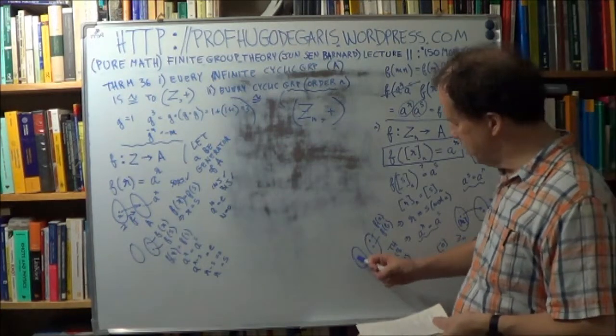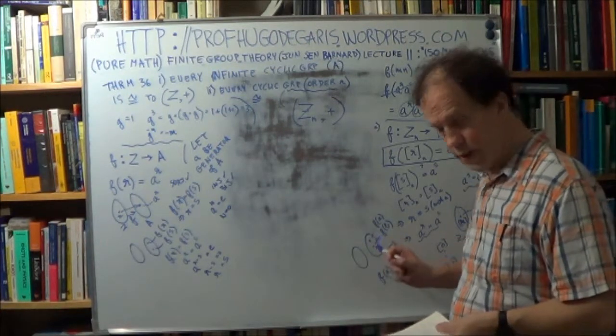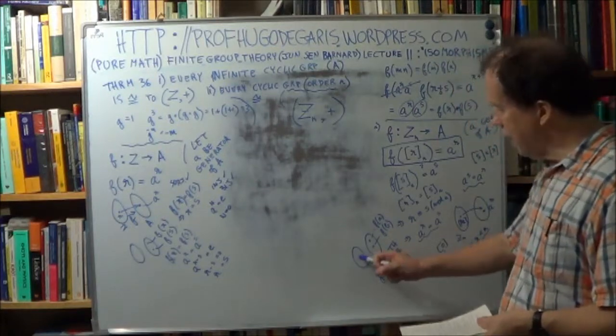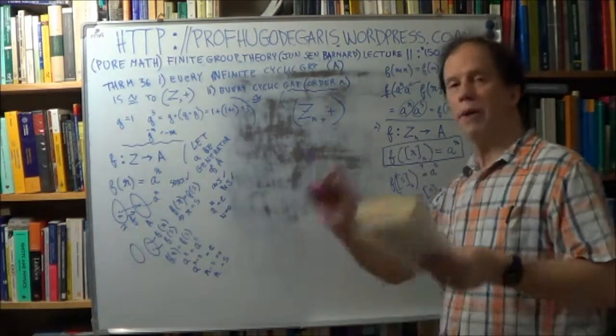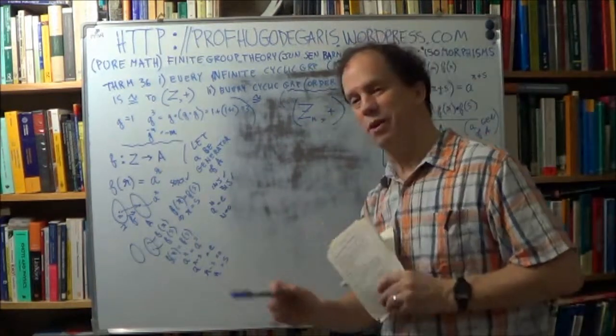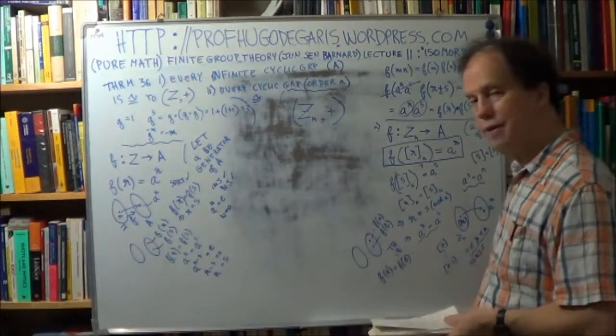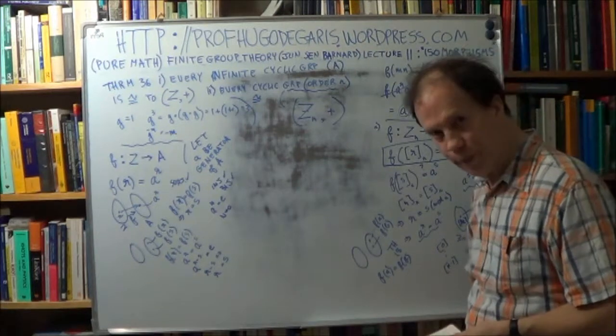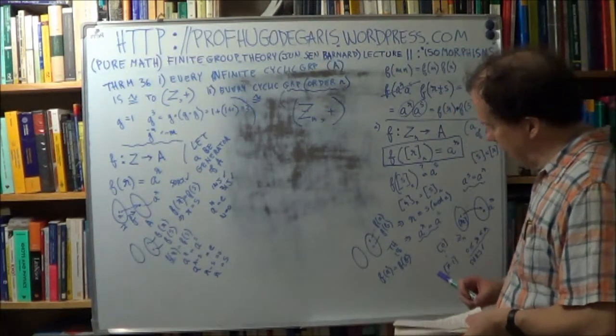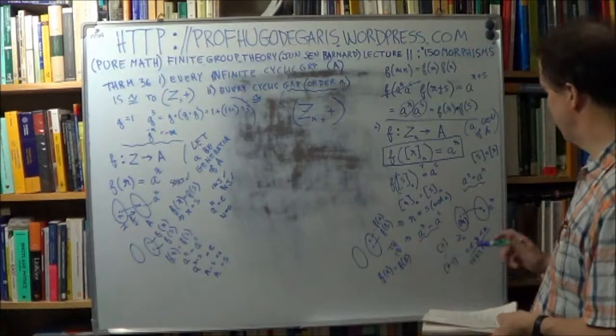Now we're mapping between two groups, or two sets. They have the same size, and you're probably going, okay, so we're going to use theorem whatever it was. These two have the same size. The two groups have the same order. And why is that? Well,